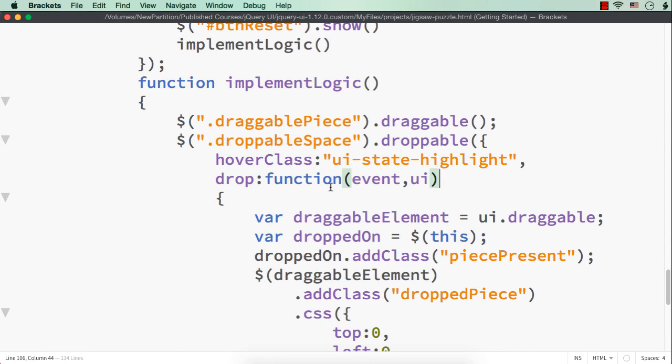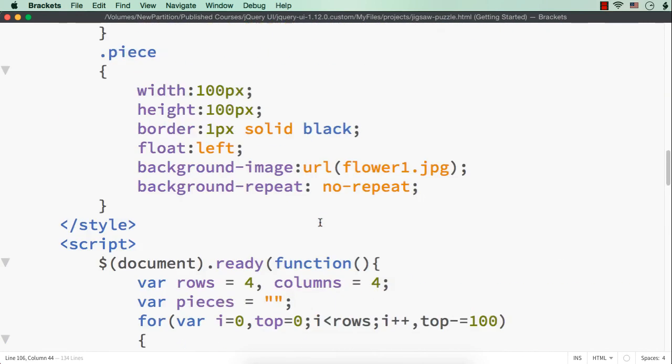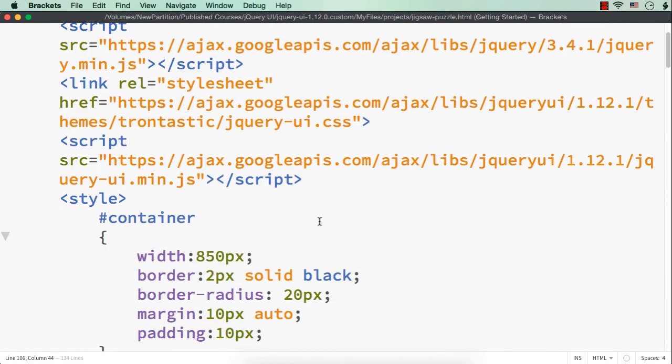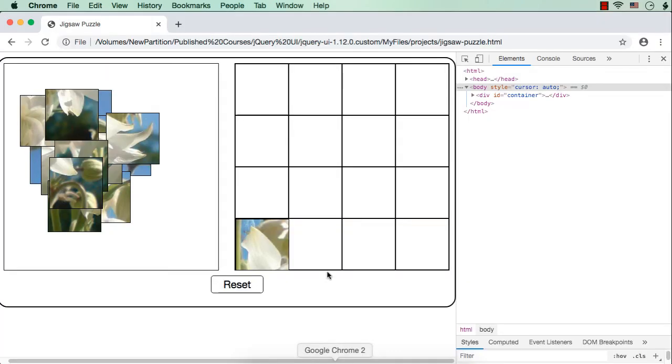Okay. Now if we want to change the color of the highlighted space, what we need to do is change the theme here. As of now, I have chosen the theme as this. How should I pronounce this? Trontastic, Trontastic, right? So as of now, this is the theme. If I change the theme, then the color will be changed from, as of now it is being displayed as a green color, light green or cream shade, right? Now if I change the theme, the color also will be changed.